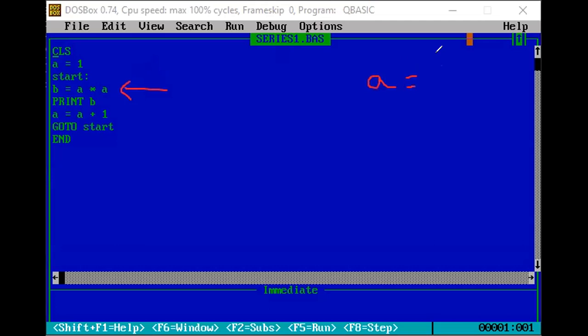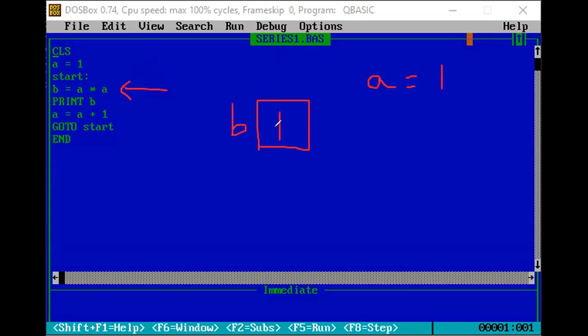Print B. 1 ones are 1. It means B is also a memory location, and its value is 1 now.